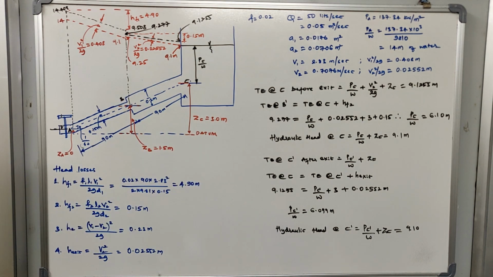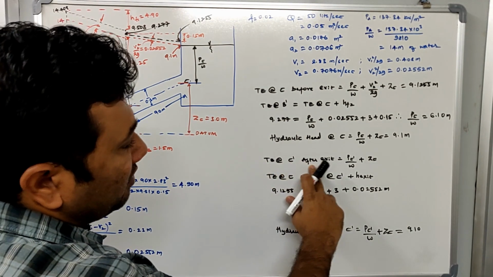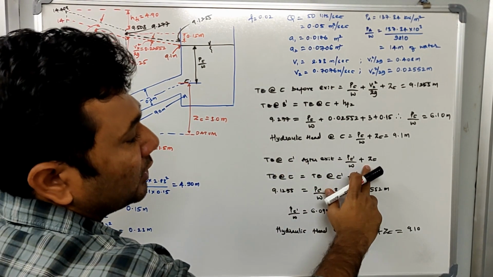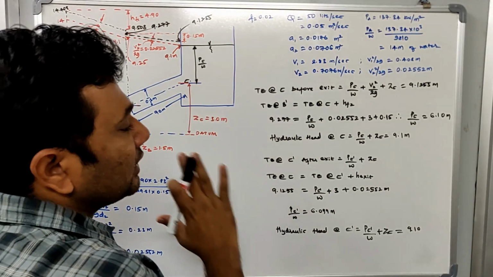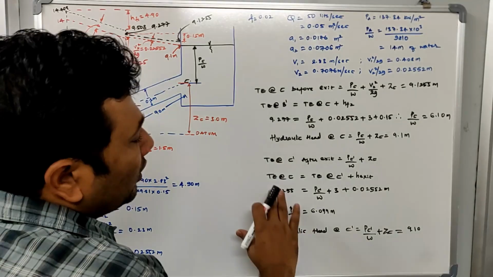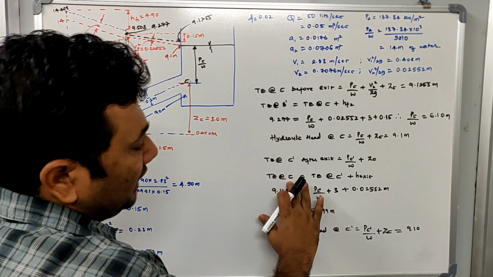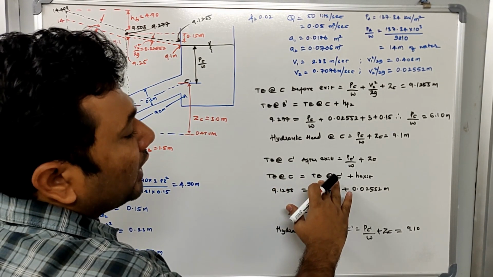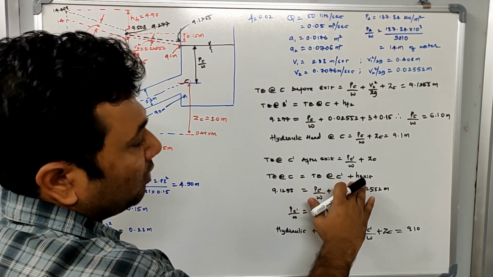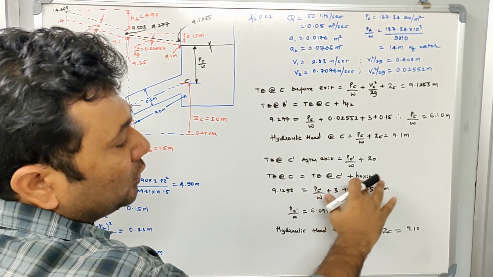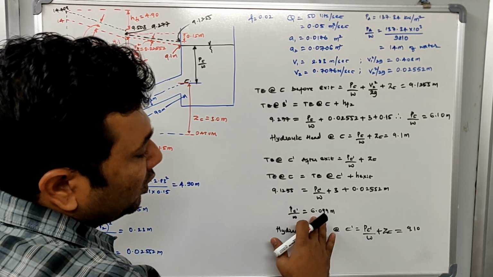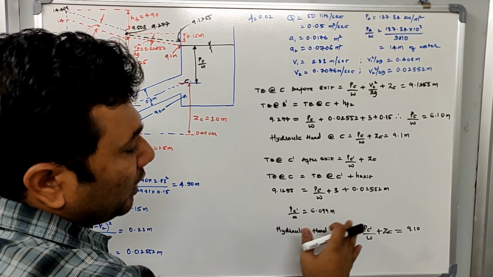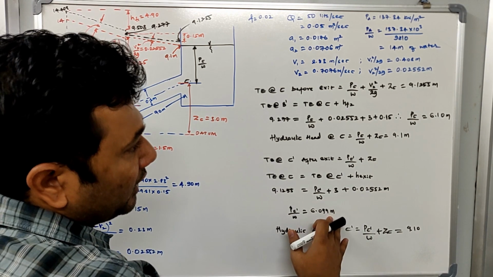Now let us calculate how much is the total energy after the exit. Okay. So the total energy at C dash, which is representing after exit, will be equal to PC by W plus ZC. As I told you earlier, there will be no velocity head because the water inside the tank is static. The velocity head will become 0. So the total energy at C, which is before exit, will be equal to total energy at C dash, which is after exit, plus H exit, head loss due to exit. Now equate these two equations, determine how much is PC by W. PC by W is 6.1 meter itself, right?